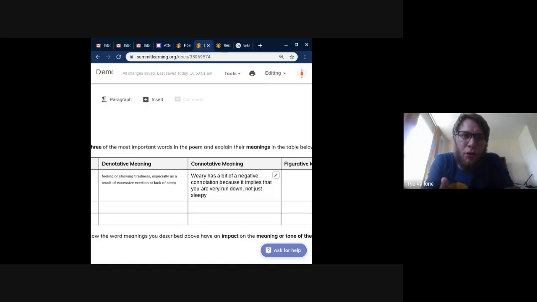Usually we can tell whether a word has more of a positive or negative connotation, but sometimes it might vary depending on the word. Like weary isn't too far one way or the other, but again, our example of tired or lazy has a little bit more of a negative connotation in general. So we can put that in our chart. Weary has a bit of a negative connotation because it implies that you are very physically